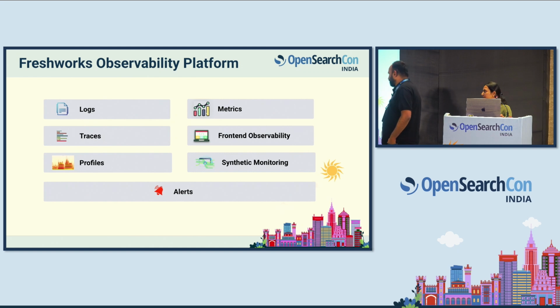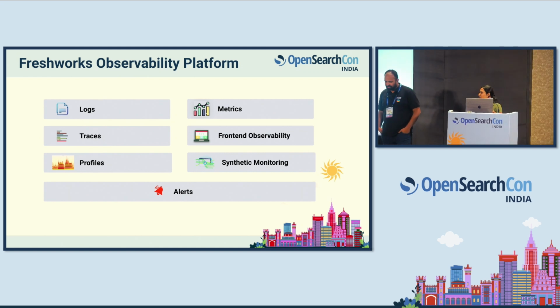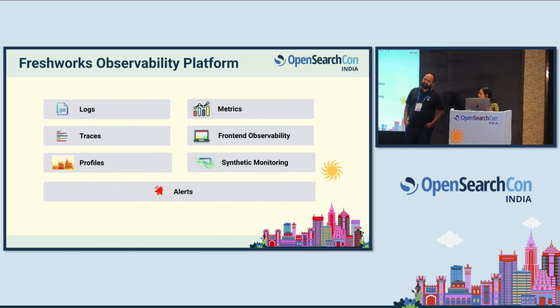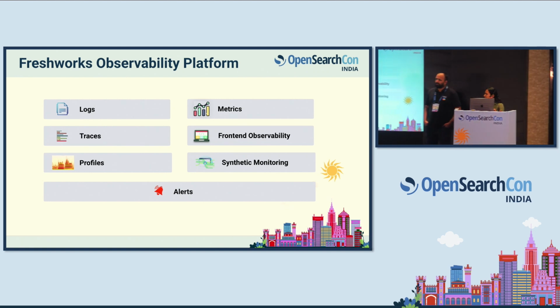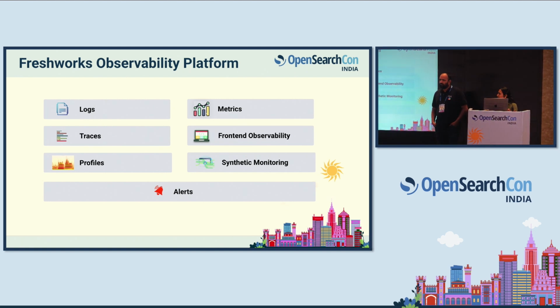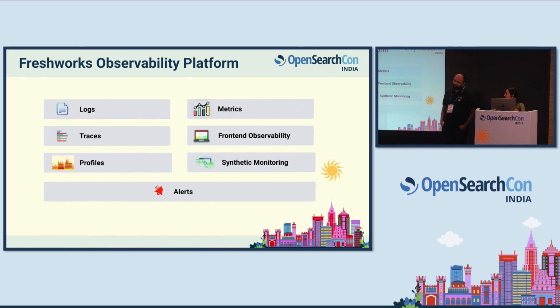Next is synthetic monitoring. Synthetic monitoring was a very critical feature we had. We want to mimic user behaviors, user journeys, and user use cases. We want to identify issues beforehand, before users tell us. To get this platform to this stage, we had multiple challenges, and we had previous setups with many different tools.